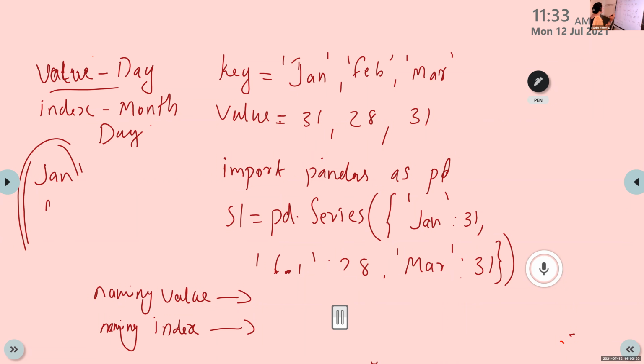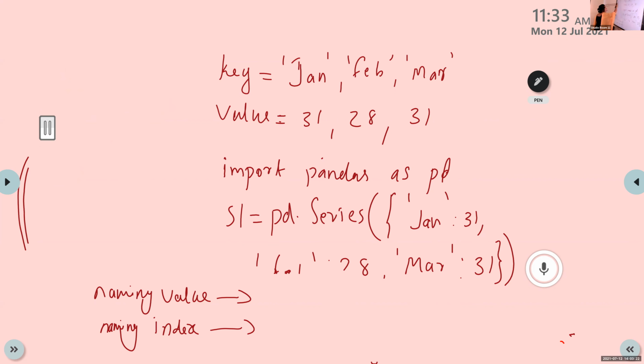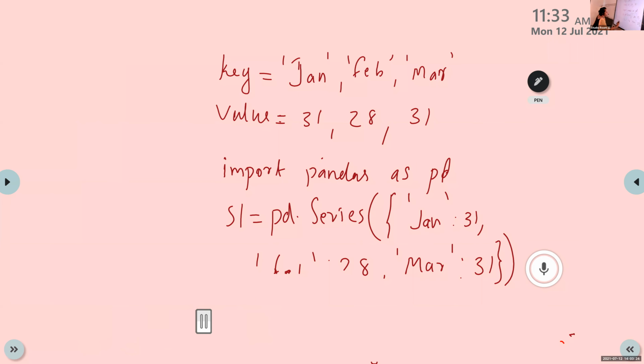Okay. Then the output of this program is just like this. The index name is month. So it will display like this: month, Jan, Feb, and March. Then the values are 31, 28, and 31.